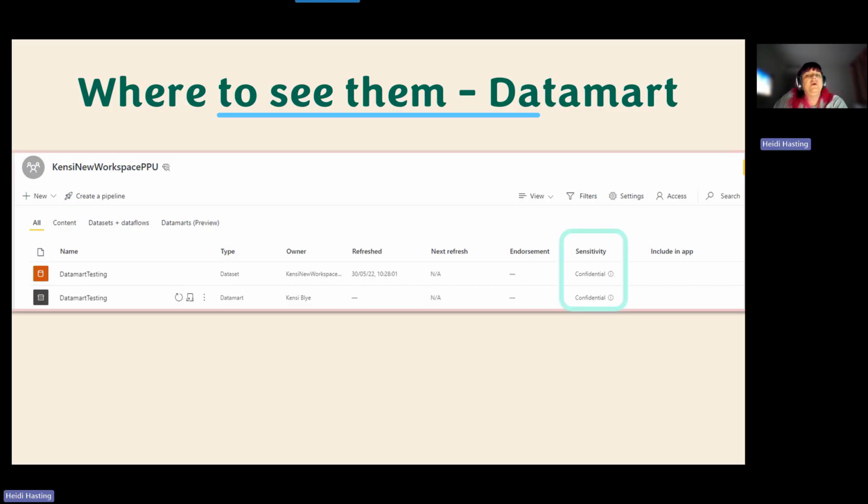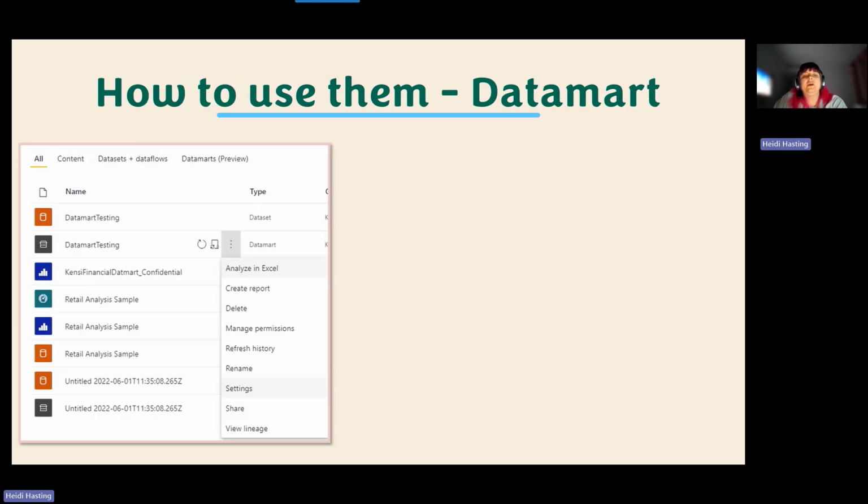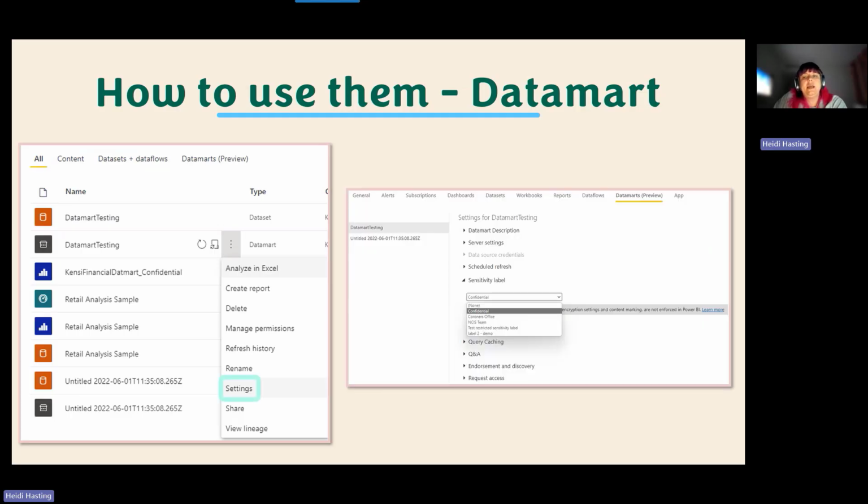And then when we go into a data mart, we can actually go into the settings of the data mart. Within settings, about halfway down, you'll see sensitivity label, and you can select confidential or any other label you want. Now, as with before, the user that's logged into the service at the time, that is what the list drop-down will apply. So it will show you just the list you have access to. So if you're like myself and you run multiple accounts, say an admin account and a normal account, make sure you're logged in with the correct account to apply the correct